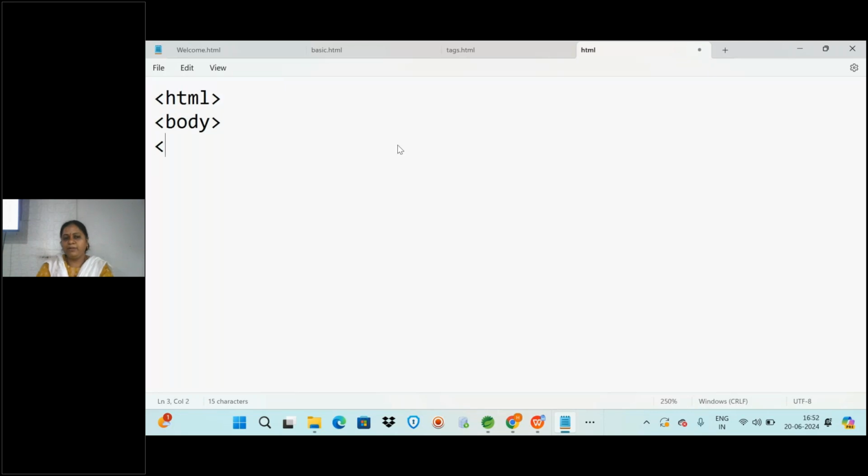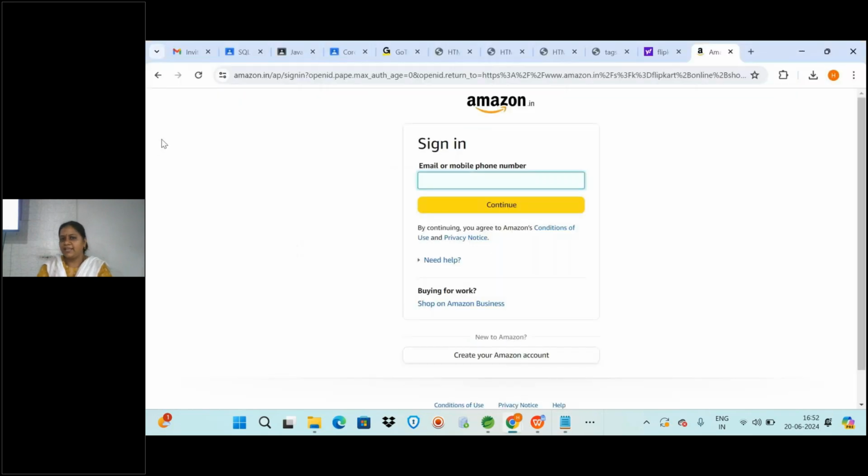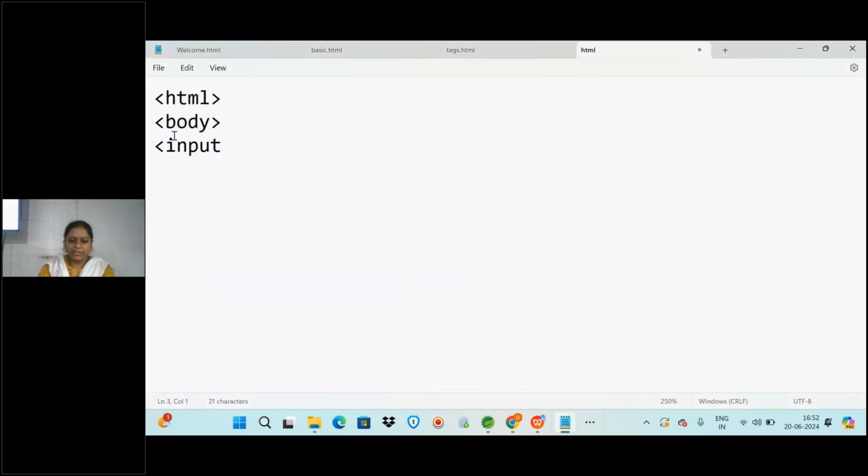Here what we will be using for displaying the text boxes is the input tag. What is that? Input tag. Before this, you want some message to be displayed before the text box. If you see here, what is there? Sign in, email or mobile number. It is asking, right, what you have to enter. So let us write here if you want to enter the email. And this email you also want to display in bold format, means thick, then you can give bold.